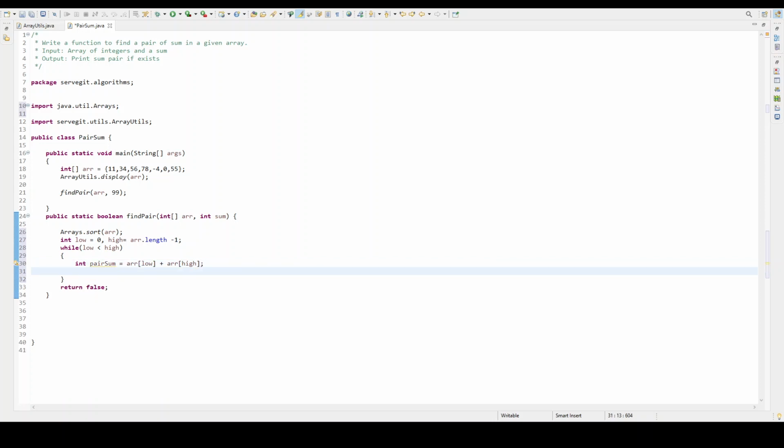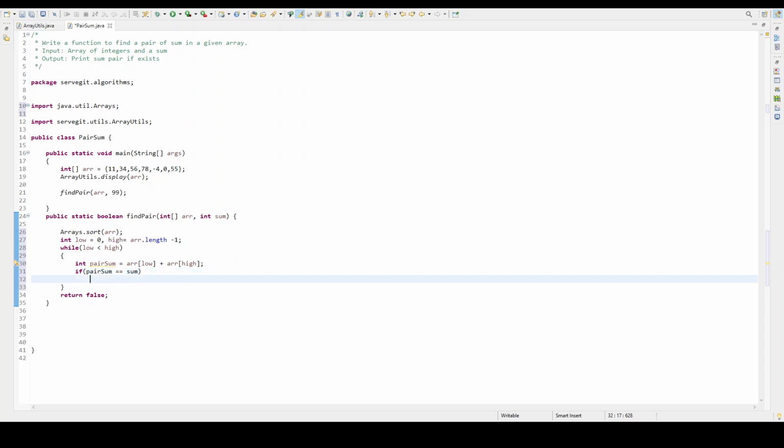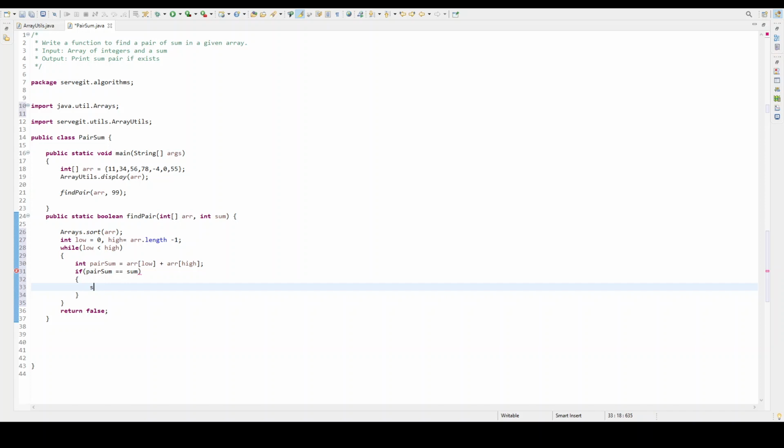Now I check if pairSum is equal to sum, then I will display it: pair found.